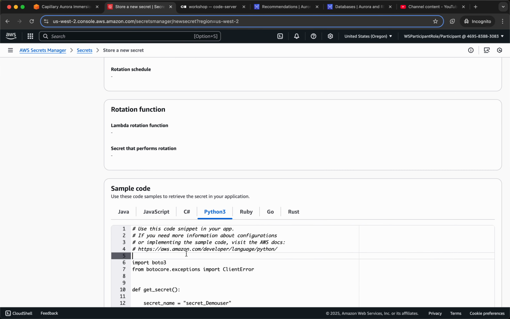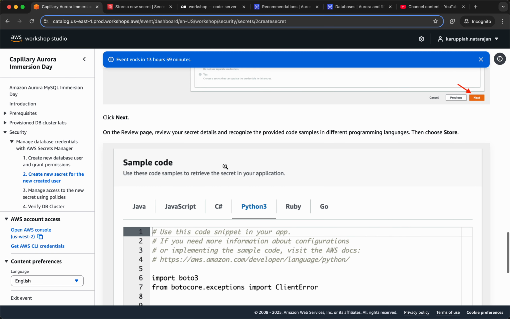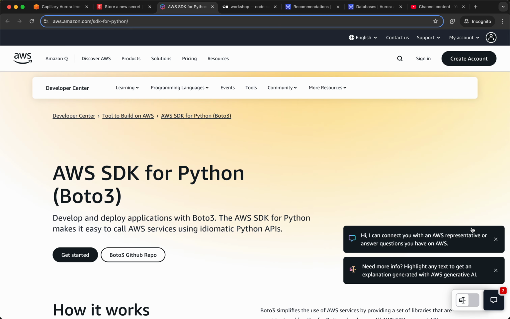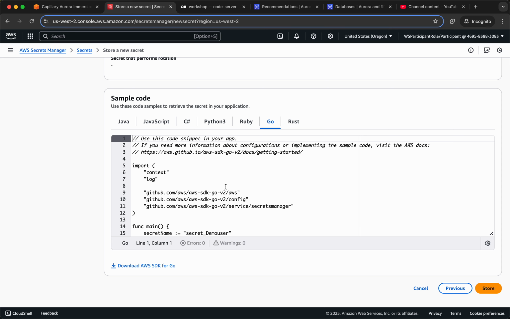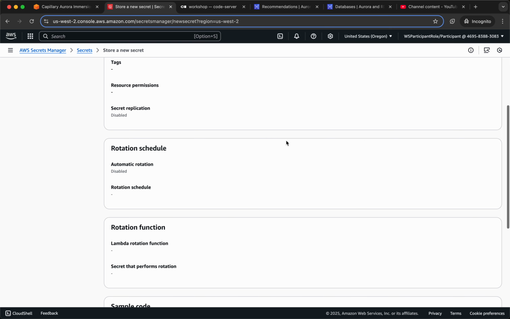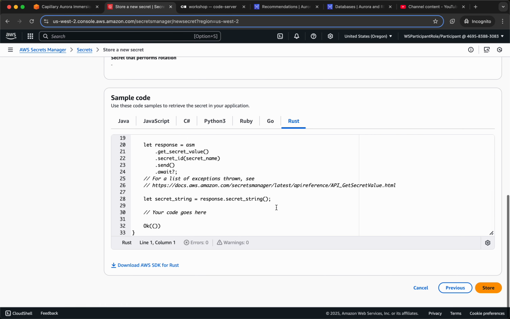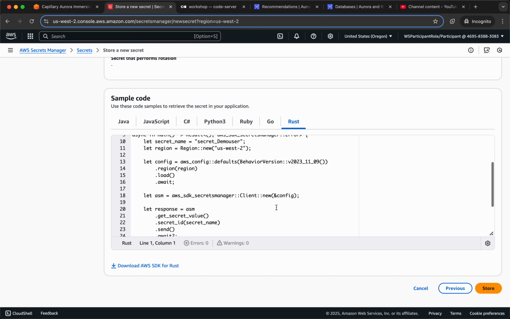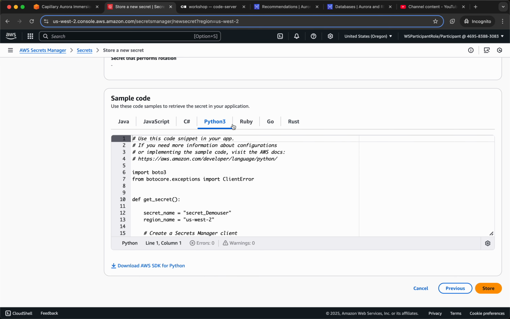And then finally, we need Python code. We'll just copy this and then choose store. Right, so you can actually even download SDK. We will close these. So I like Go, I love Go. So there's also Rust stuff here. Tokio is some network library, I think. And anyways, so request response and all that stuff, I guess. Cool. So now let me just go ahead and store,